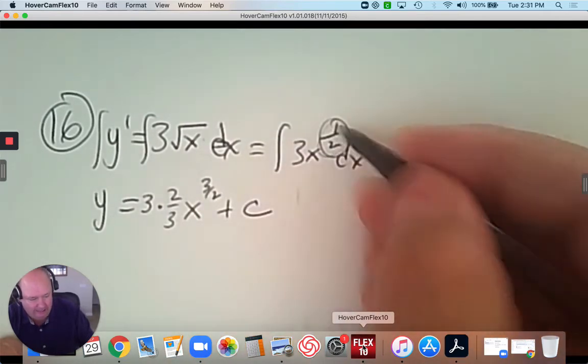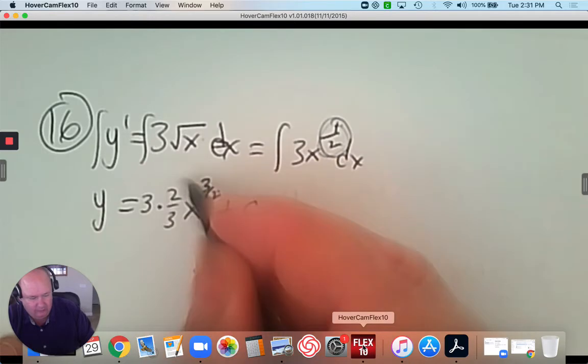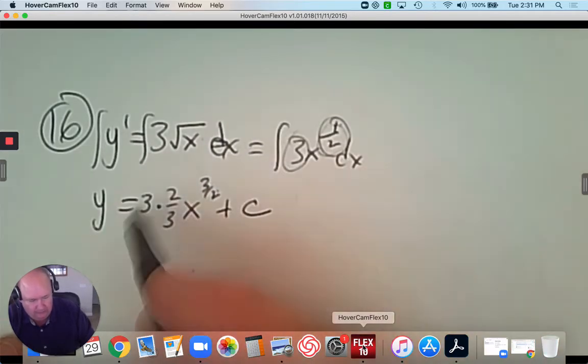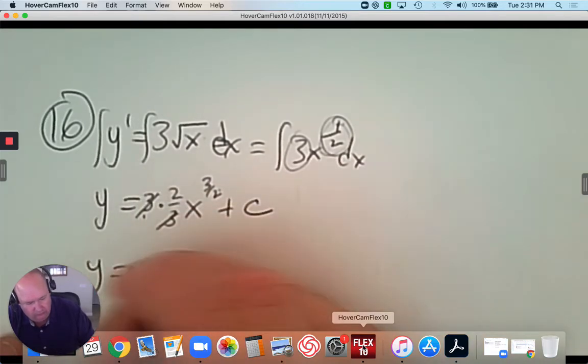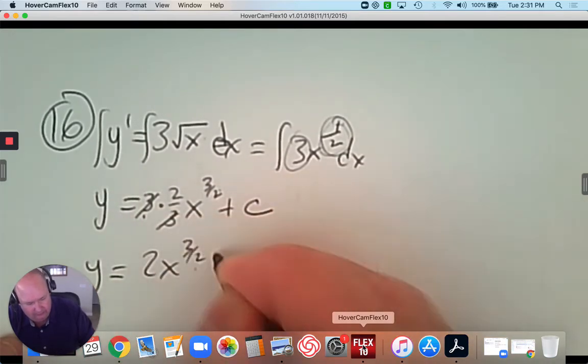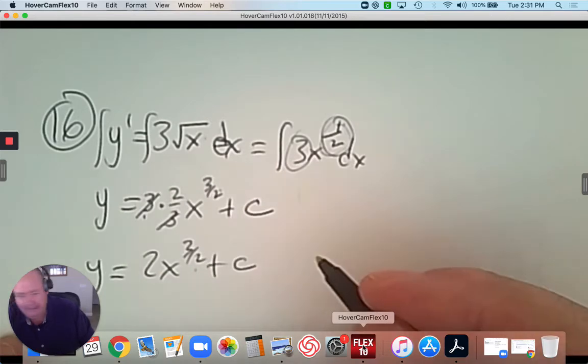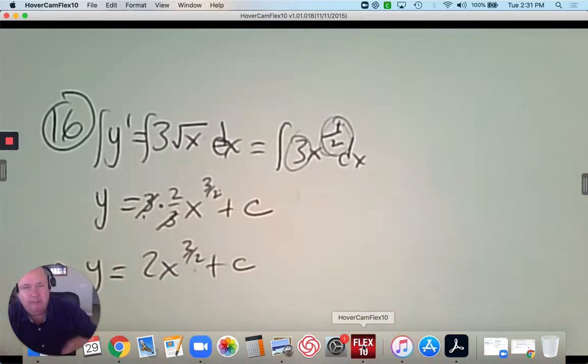So remember to add 1, divide, or multiply by the reciprocal, and there is a 3 there that needs to be included. The 3's divide out, and it gives you y equals 2x to the 3/2 plus c. That is part A. Part B,